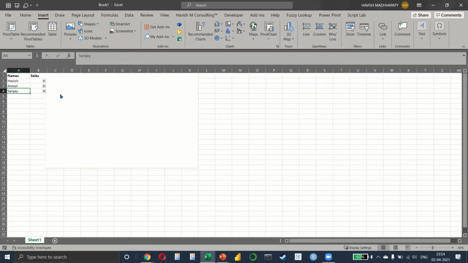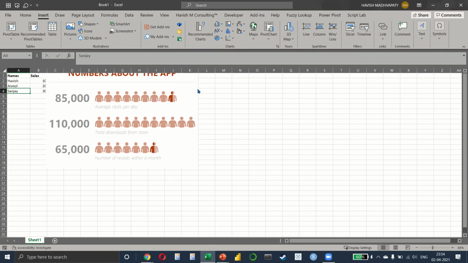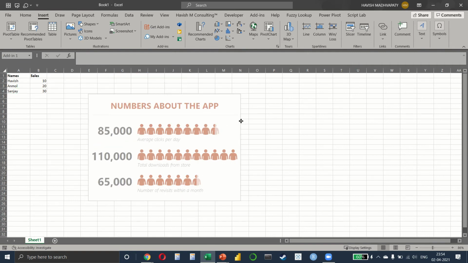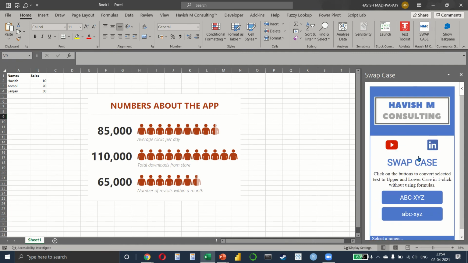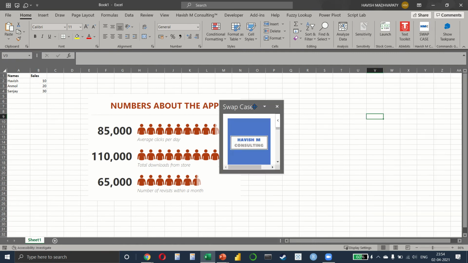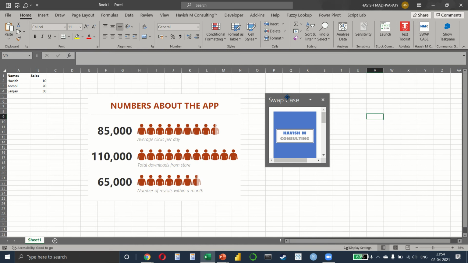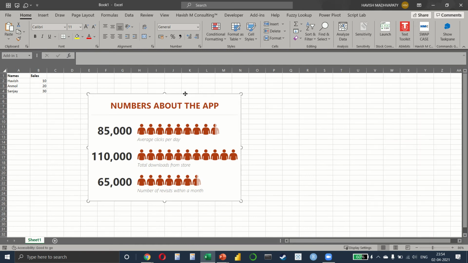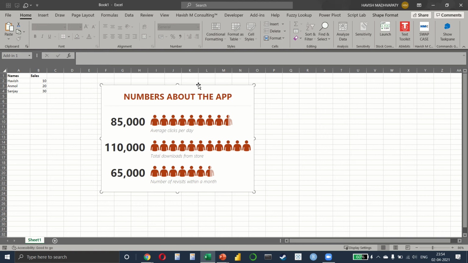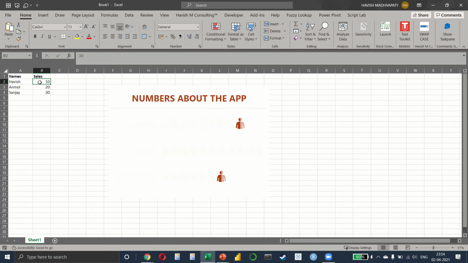That means that this does not appear like a pane on the right side. For example, if you look at my add-in, this will come on the right side as a pane. If you want to, you can make it come out, but it's supposed to be used as a pane. This is an embedded add-in, so consider this like a chart that you usually create.